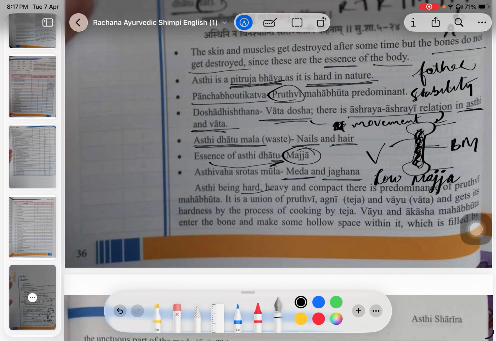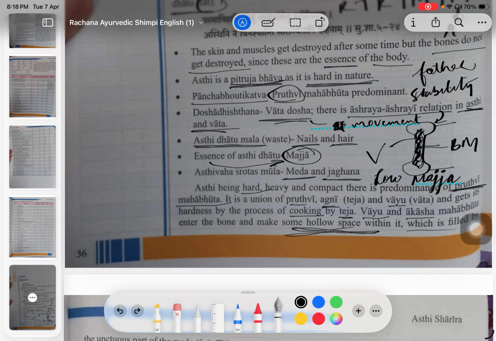Asthi being hard, heavy, and compact, there's predominance of Prithvi Mahabhut. It is the union of Prithvi, Agni, and Vayu, and gets its hardness by the process of cooking by Tej. That's why there's Agni involved. Vayu and Akash Mahabhut enter the bone and make some hollow space. Well understood, which I explained here as well,